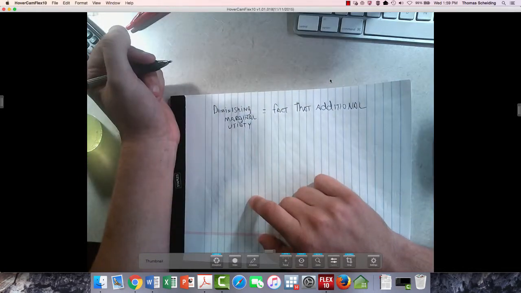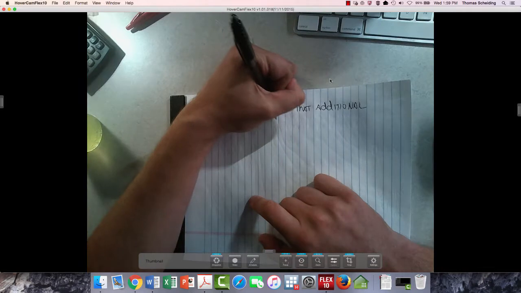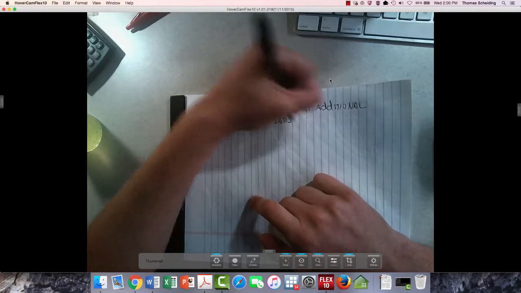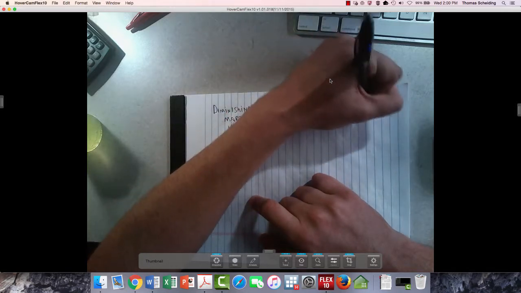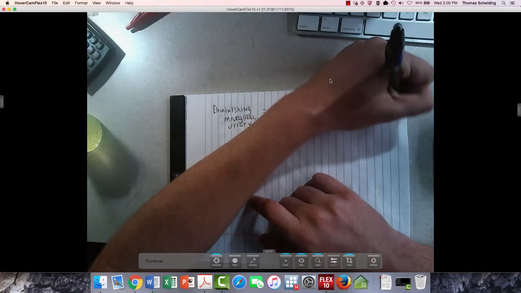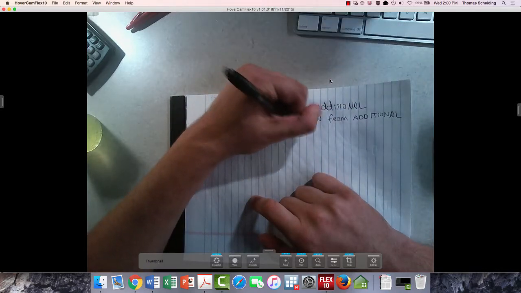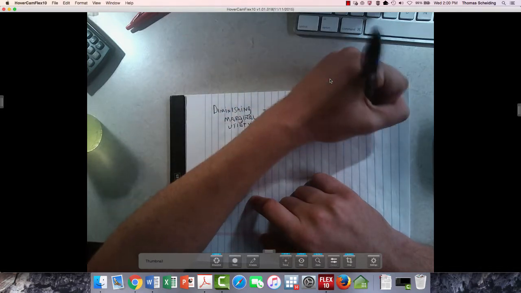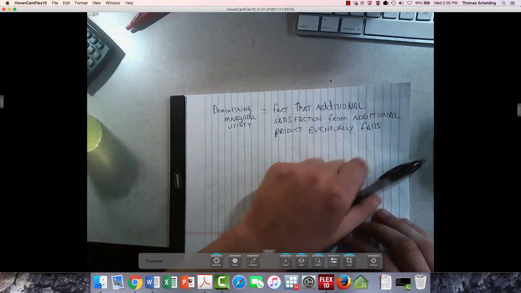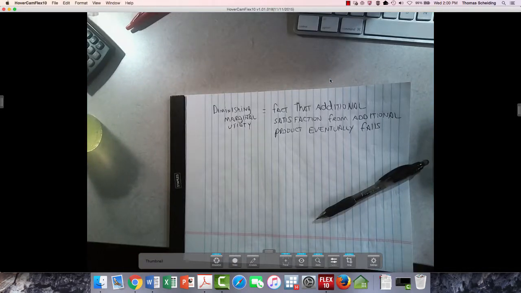And this diminishing marginal utility is the fact that additional satisfaction from an additional product eventually falls. So this is my own definition of it. The book and certainly the internet have slightly different definitions of this. But what we're saying here is that